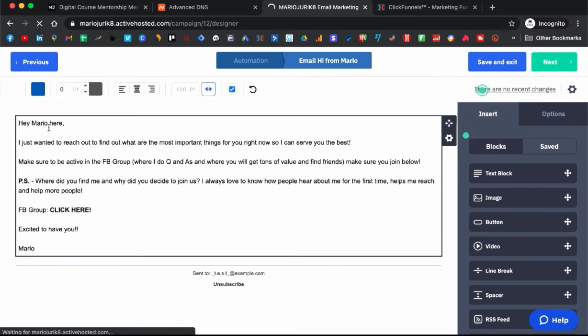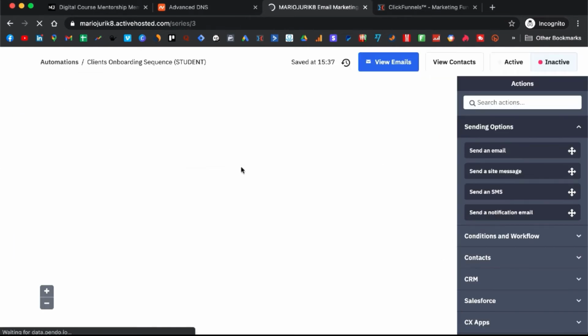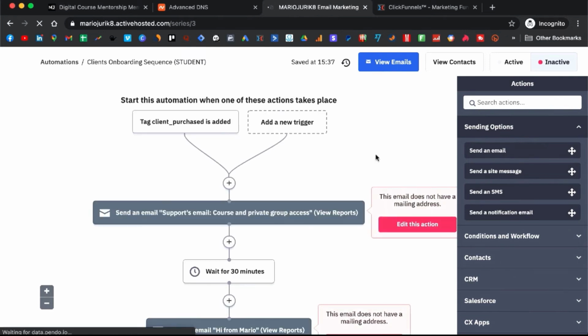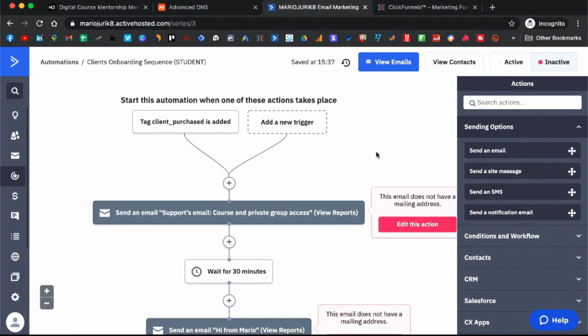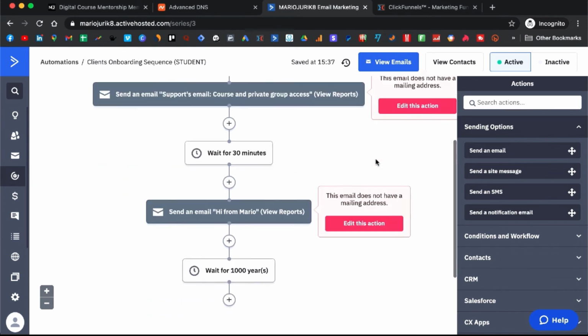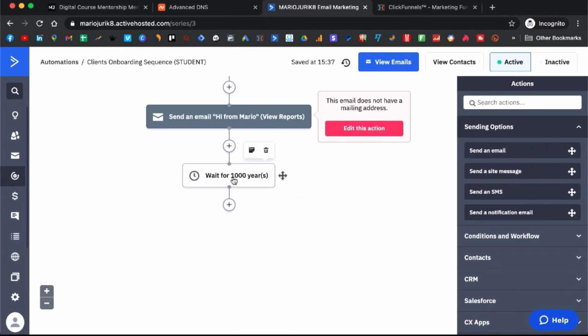Make sure that you change the names, and that your name and everything matches your offer, niche, and product. And the same thing, you want to activate it, right? You want to activate your automation. And so this is something